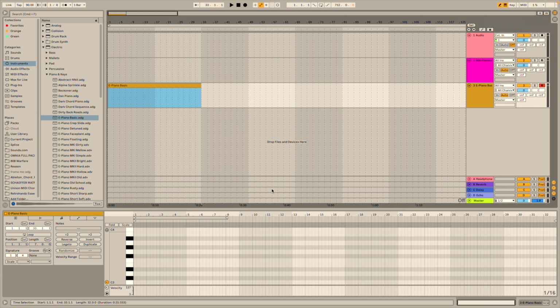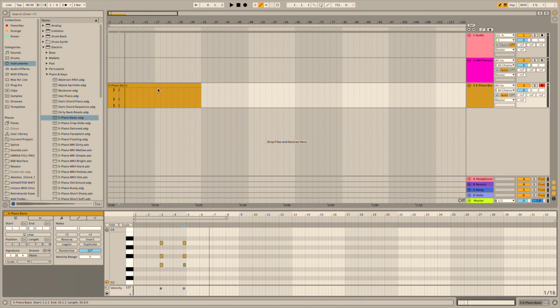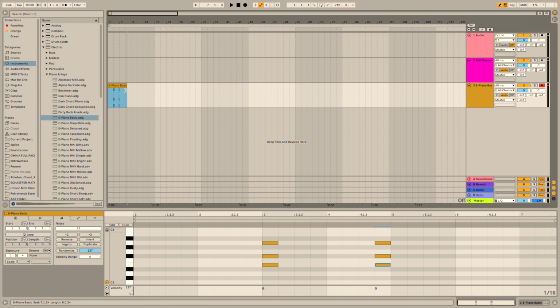I can go up here, click on my pencil tool. I can start drawing in notes. It's going to play those notes. And then I can copy and paste that. The one thing with the arrangement view is that you can chop everything down into smaller regions and then copy